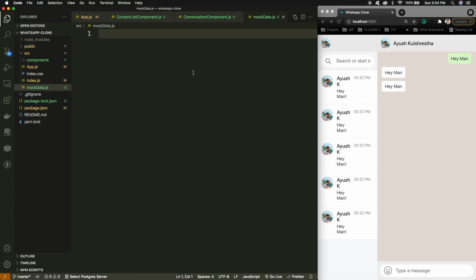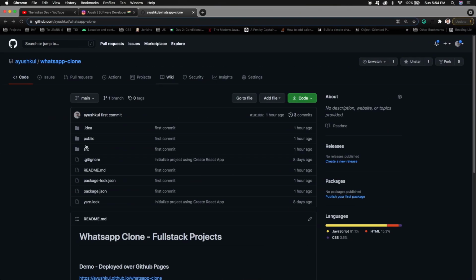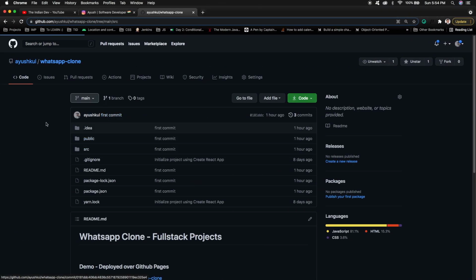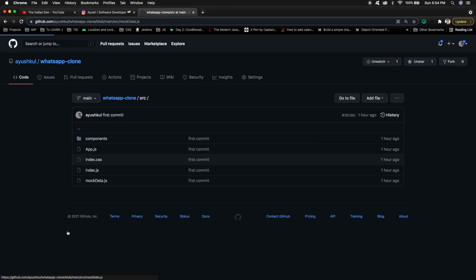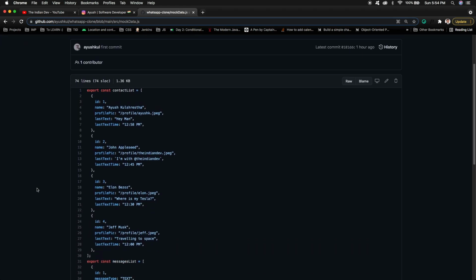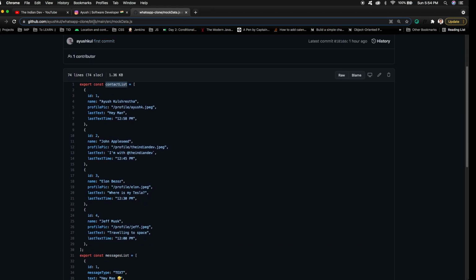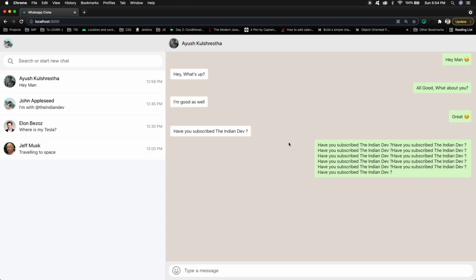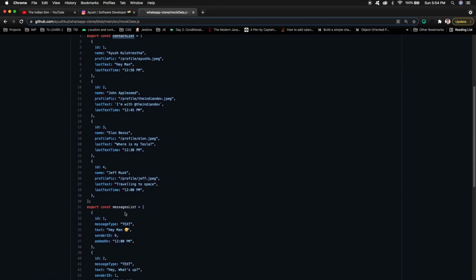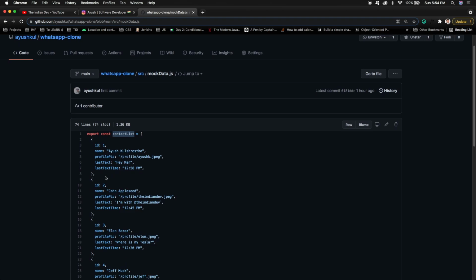Inside this I can copy the mock data from my GitHub repository where I just created it. I'm having the contact list for this part and the message list for the other part. In the contact list we are having the basic data: the ID of the contact, the name, the profile pic, the last message, and the last text time.